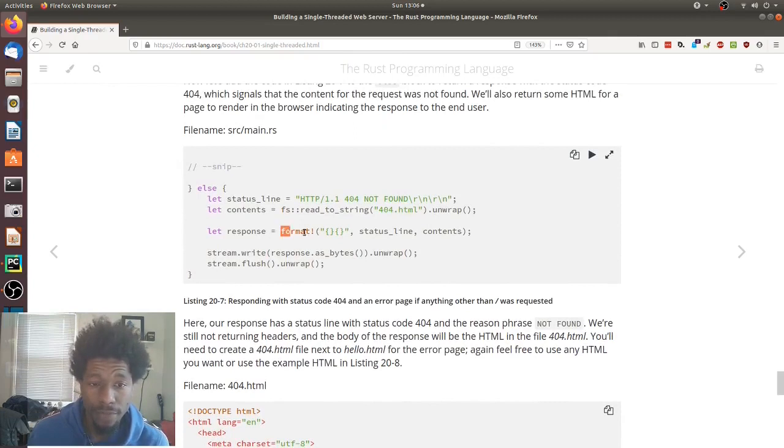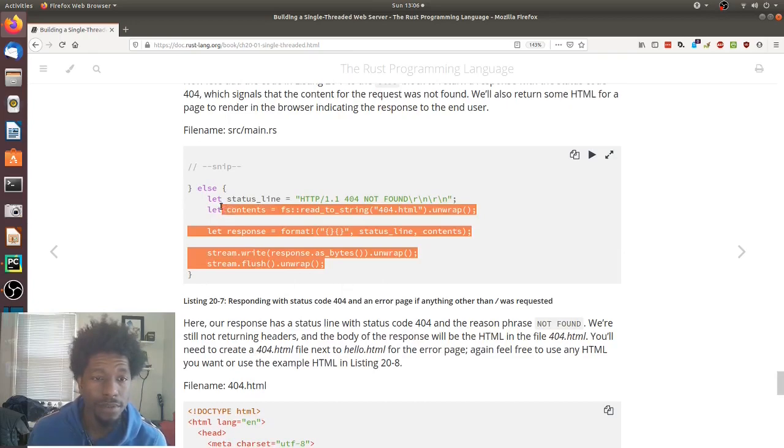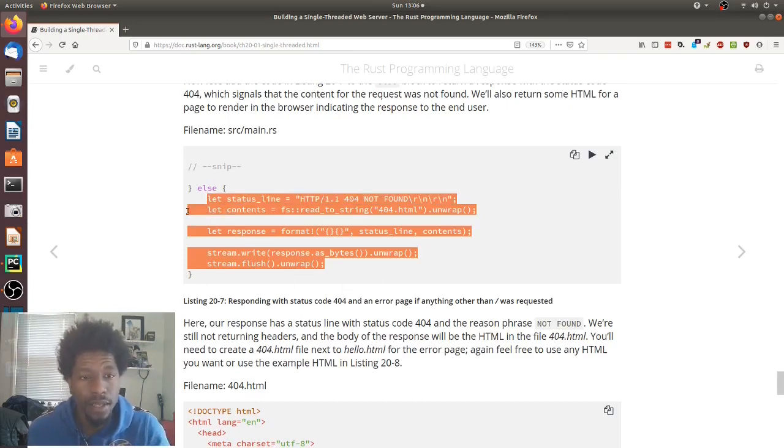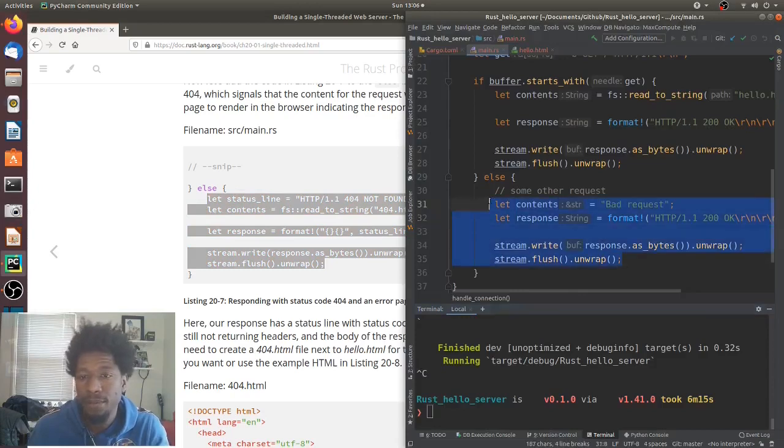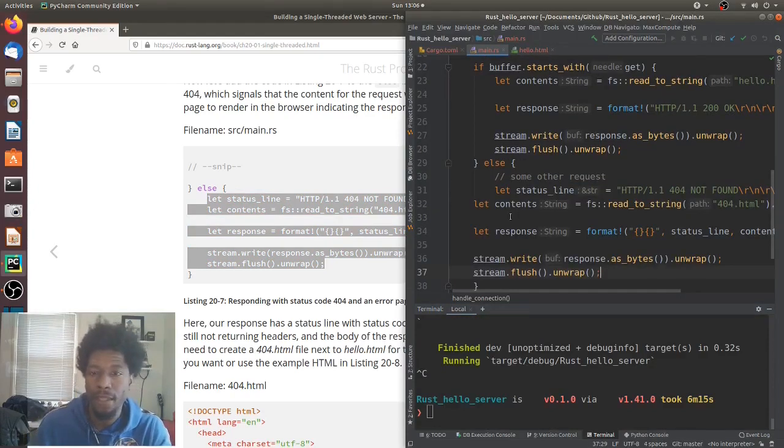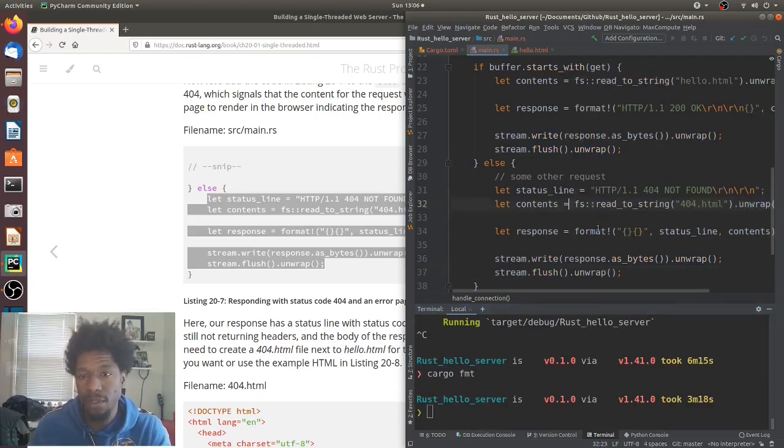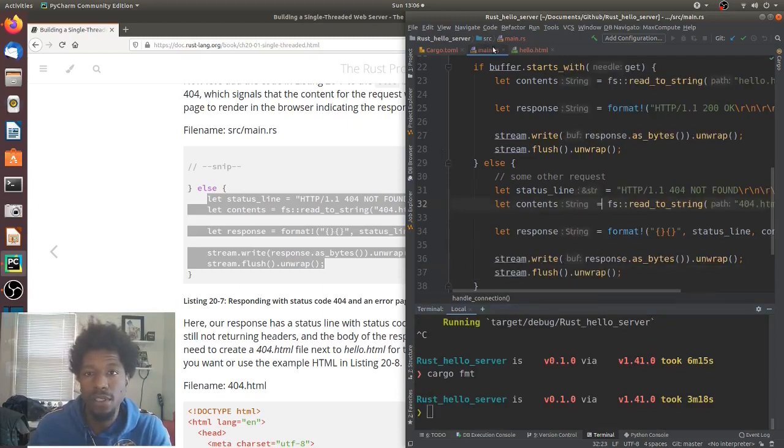And they format this. They want the status line, this thing. And right after that, they want the contents here. And then they write that. So this makes sense. We can do this. Copy. Open this up. Put that here. Cargo fmt. Make it look pretty. And then we also need the 404 page,